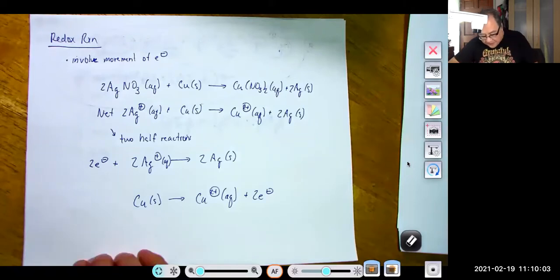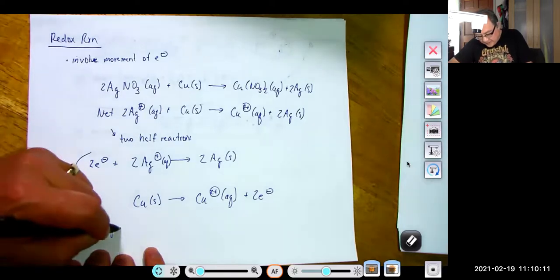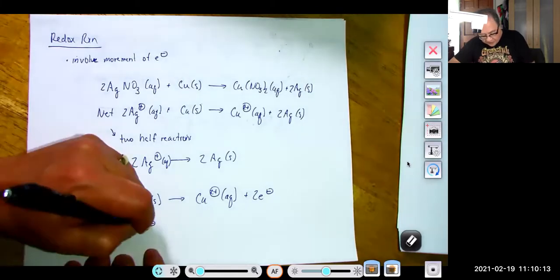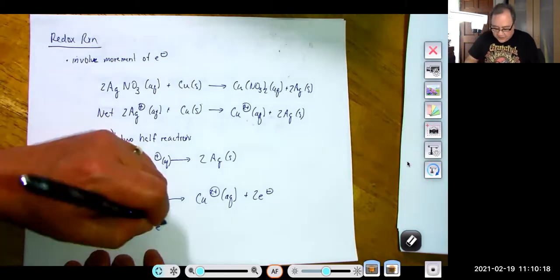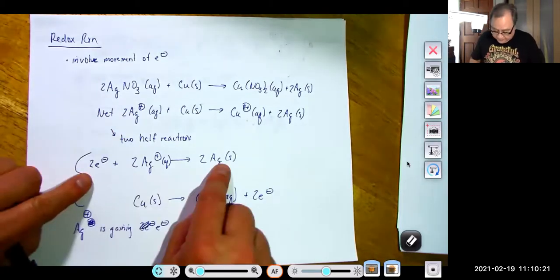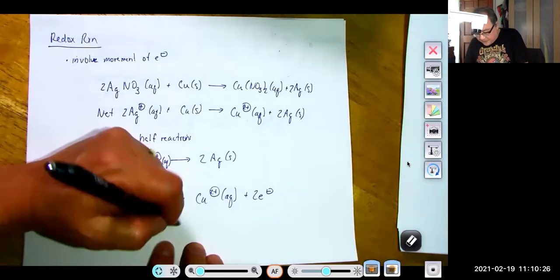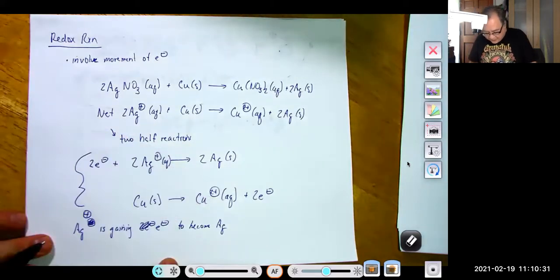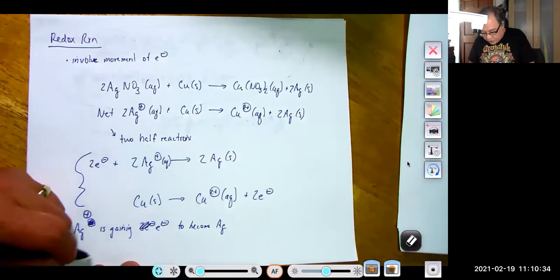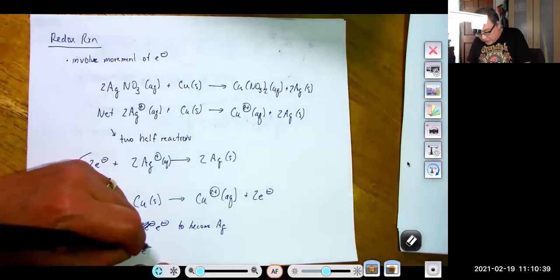Now, how do we describe these situations? We say that silver 2+ is gaining 2 electrons. Well, I should say silver plus is gaining an electron, because really we have 2, 2, 2. It could be 1, 1, 1, right? So your silver ion is gaining an electron to become silver. What do we say about this? We say copper is losing 2 electrons to become